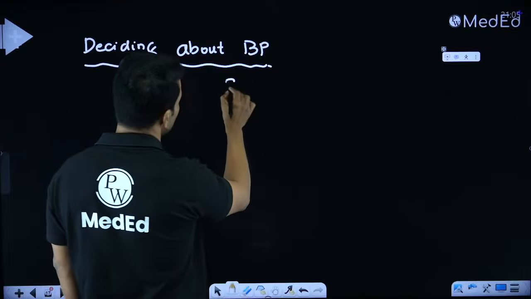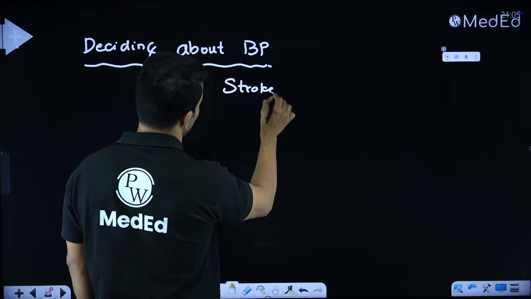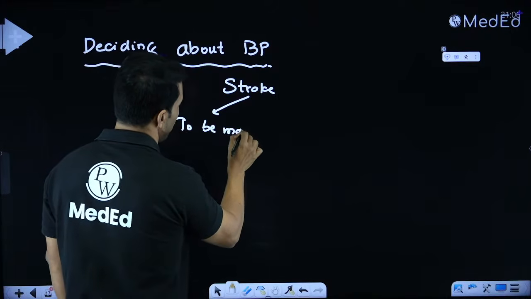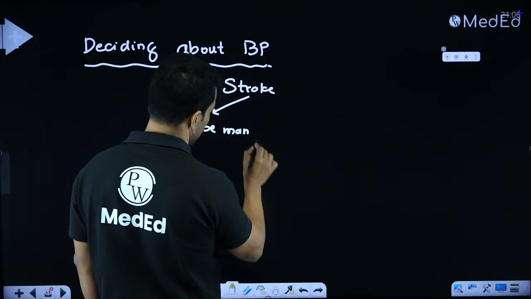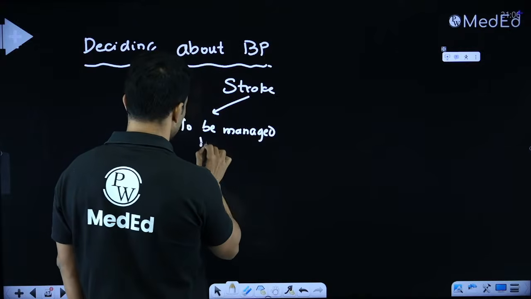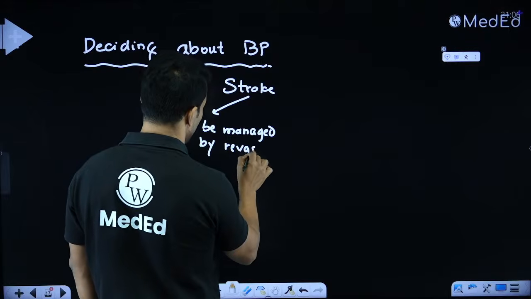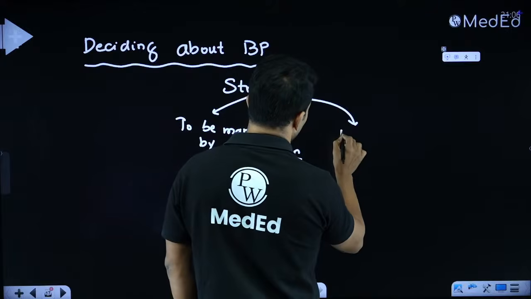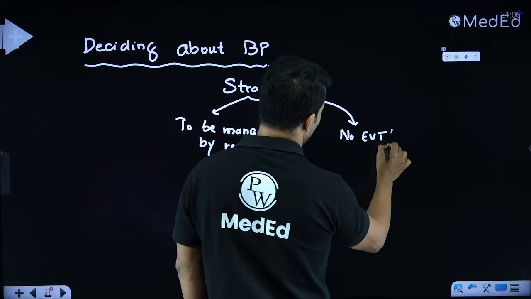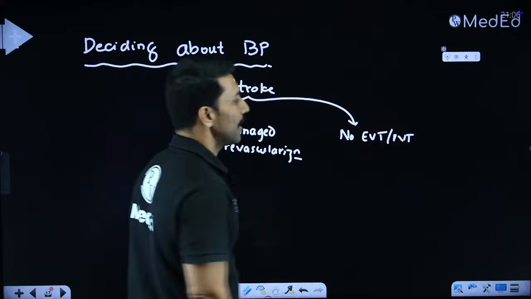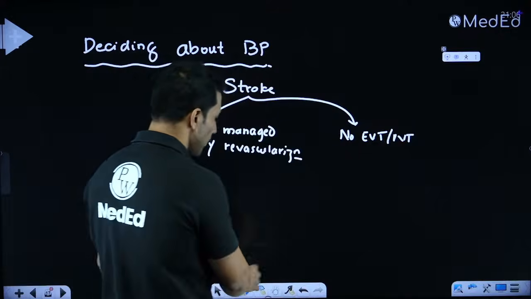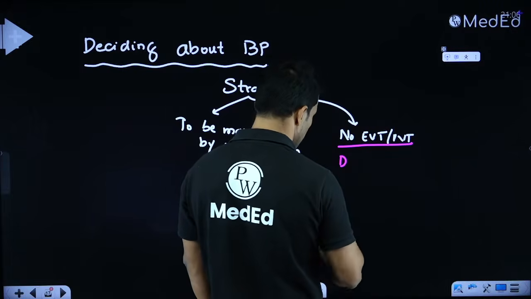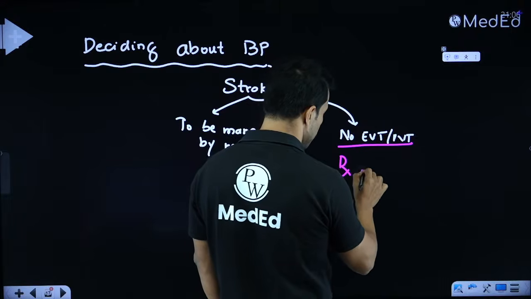So if you are having a case of stroke, if it is to be managed by revascularization, then our BP management is different. And if you are not going for EVT or IVT, then our BP management is going to be different. If you're not going for EVT or IVT, then you should treat BP only if